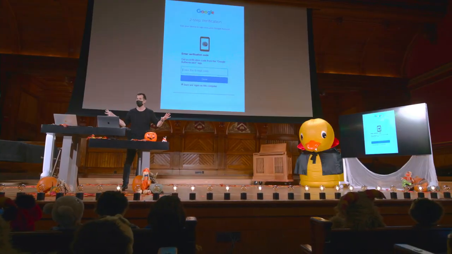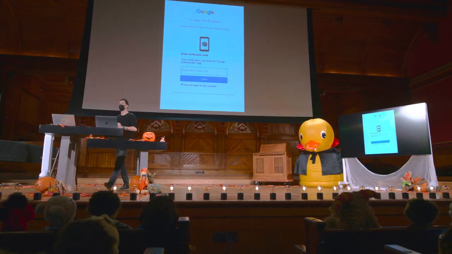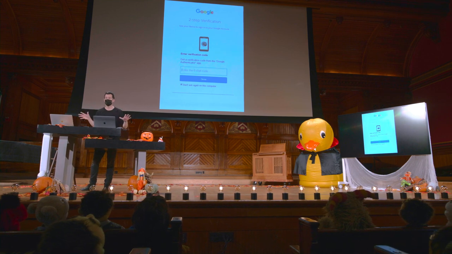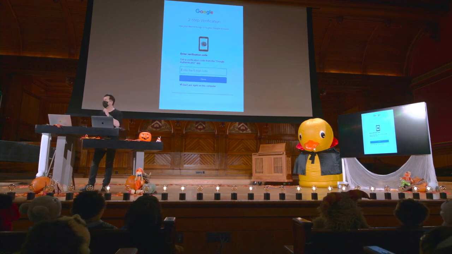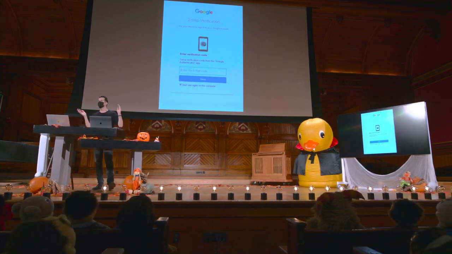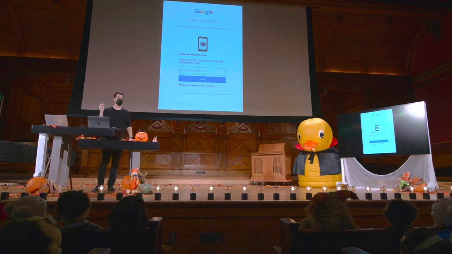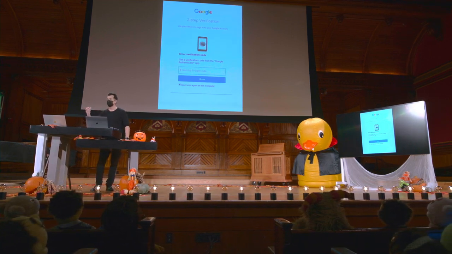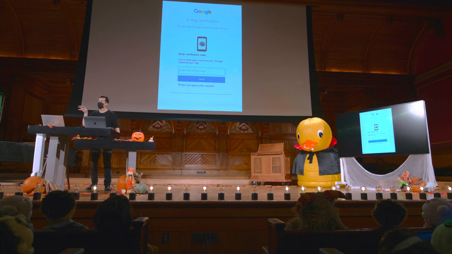So the factor is something that's fundamentally different from the other thing. And so once you configure this, the user typically sees a screen like this, for instance, in the context of Gmail. The screens vary here at Harvard and Yale. Students are familiar with something called Duo Mobile, which is the exact same idea. And they typically use one-time codes, 6 digits thereabouts. And you can only use that code once. And the idea is it's texted to you or pushed to your device so that you and only you can